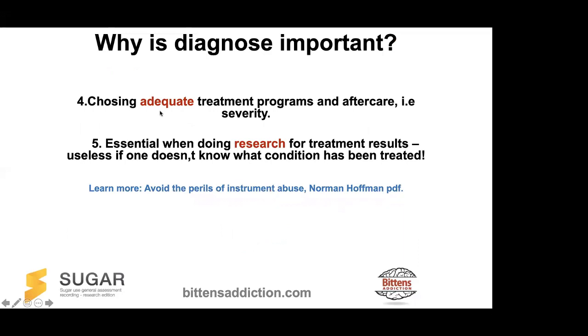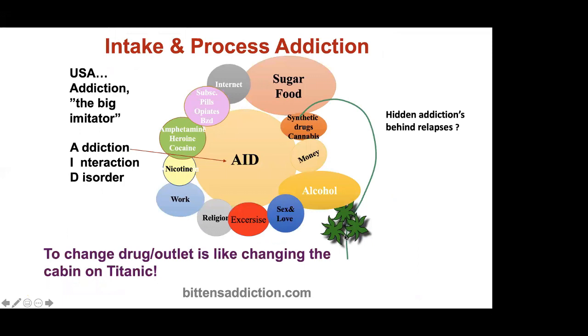And also many times I think about when they do research, how do they know that they do research about food addiction on food addicts? Maybe it is harmful users. And then it would be confusing. So all the research should actually be when we have diagnosed somebody as a food addict. So that's very important. And today, we see addiction interaction disorder, and that's something that I worked with for many